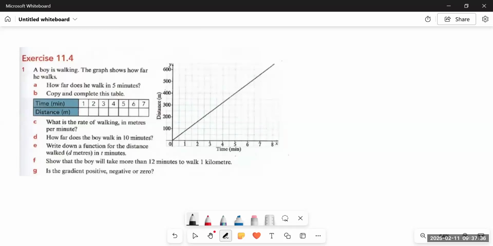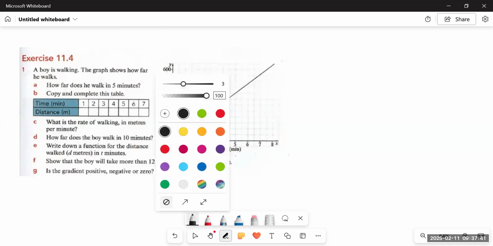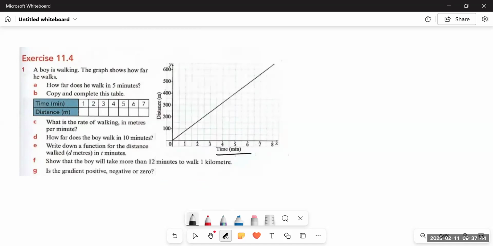For that, we are going to find out where the time has been given. If we look at the graph, you can see that time is given on the x-axis. It means 1, 2, 3, 4, 5, 6, 7, 8 express the time in minutes. That is, this is 1 minute, 2 minutes, 3 minutes, 4 minutes, 5 minutes, 6 minutes, 7 minutes, and so on. So what are they asking us? They're asking how far does he walk in 5 minutes? We can see that on the y-axis, they have provided us with the distance in meters. M expresses meters. That is 100 meters, 200 meters, 300 meters, 400 meters.